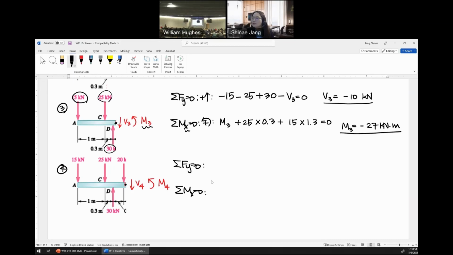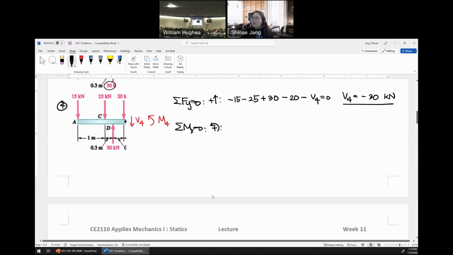And then the last one, the Fy equation. If upward is positive, then we have minus 15, minus 25, plus 30, and minus 20, and minus V4, right? So V4 is now minus 30 kilonewton. And the last one, moment